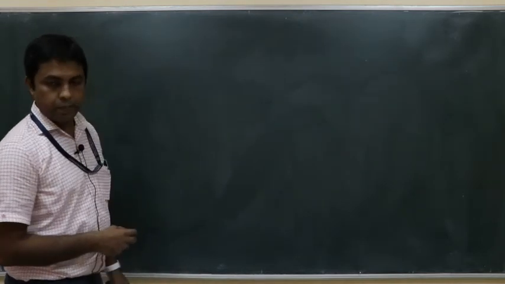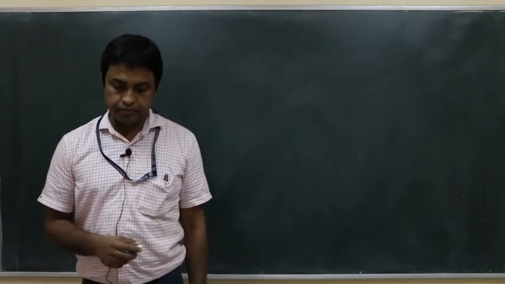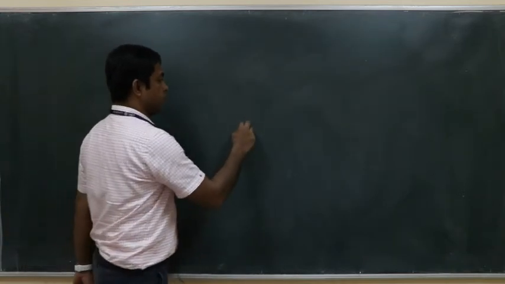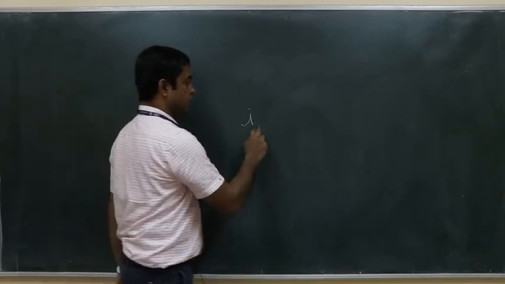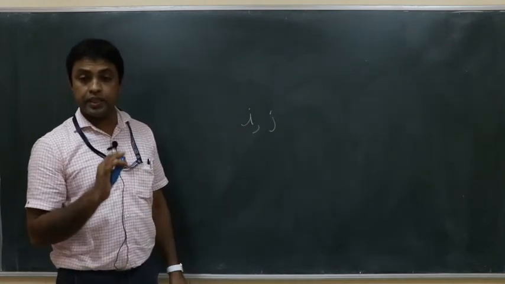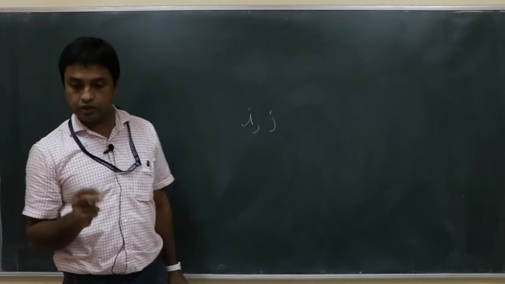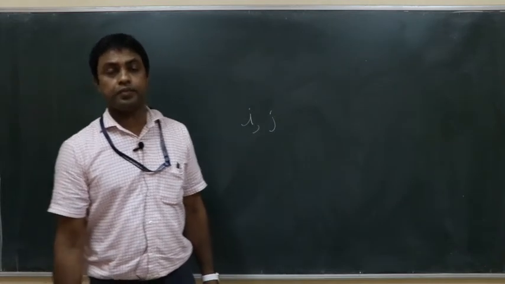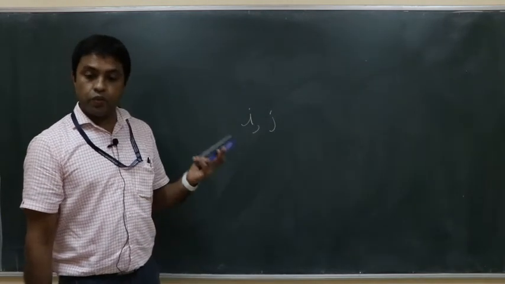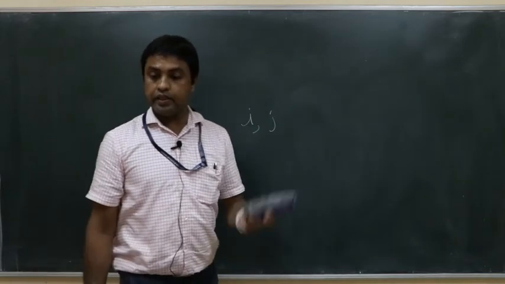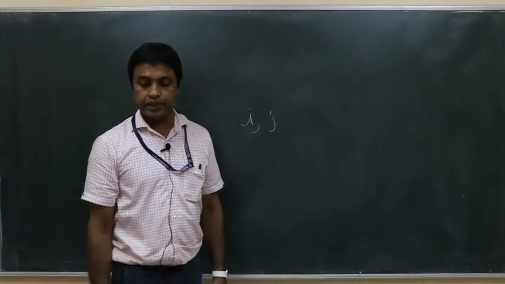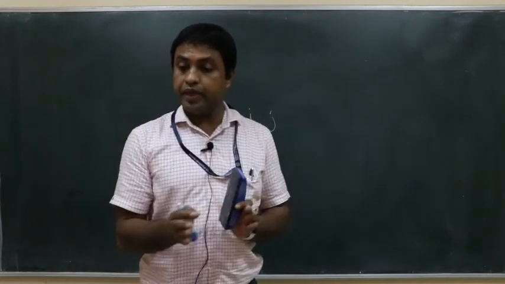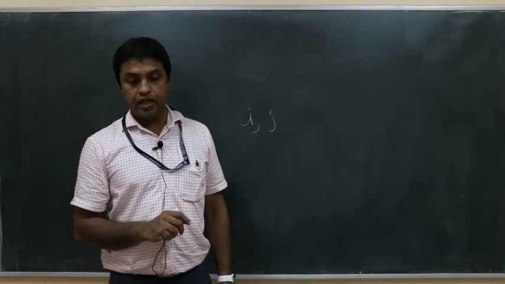Yeah, one question. The dummy index always comes in pair now. If suppose one index is a dummy index, suppose i or j or anything else, that index has to appear twice or as a pair in one of the terms in that equation. And if it is just one index, suppose i is appearing only once in any term in that expression, then it is a free index. If there is a free index, that free index has to appear in every term in that equation. So that is very crucial.